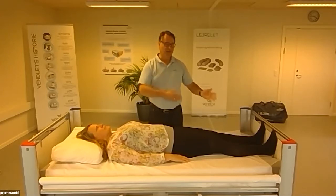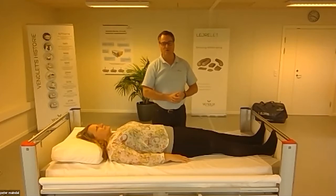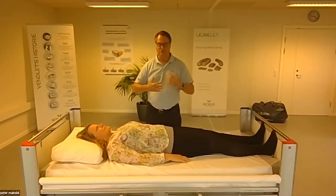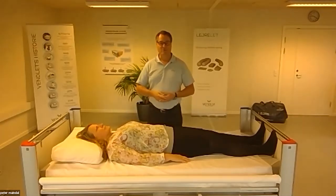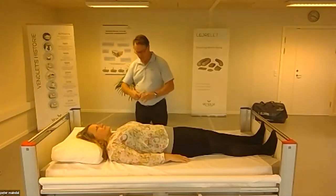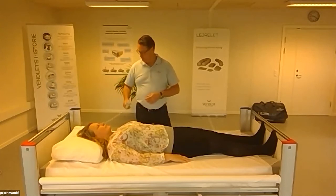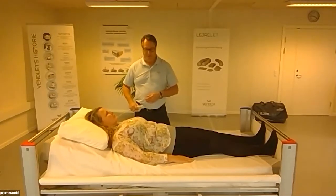Right now, you can see Jane is lying way down at the foot end of the bed. Her feet are actually touching the footboard, which is not an unusual situation. So if Jane was one of those respiratory challenged clients we see frequently, maybe one of those fragile elders that just in general prefer to have the backrest elevated because they feel they have an easier respiration, what will happen in that context? Well, if I take the hand control now for the bed and elevate the backrest, what you will find is, as the backrest is coming up here, you can clearly